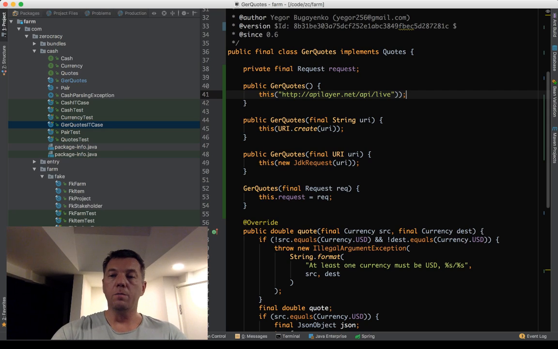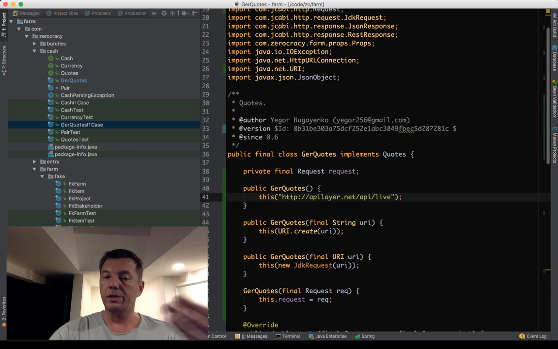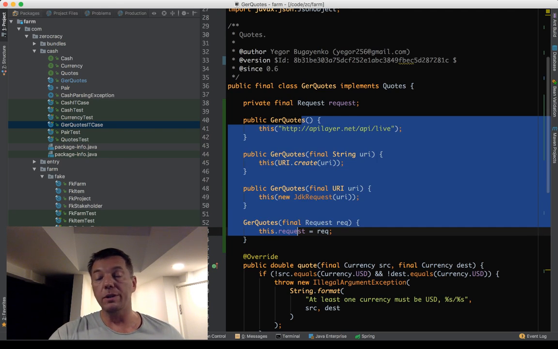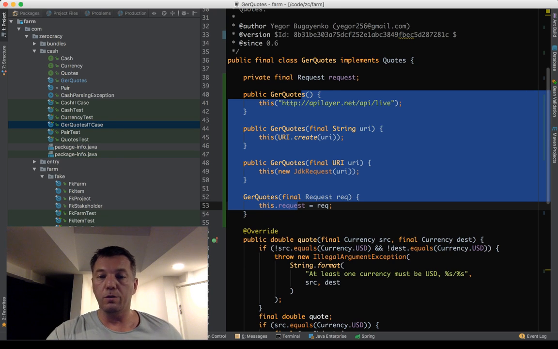You see how many more constructors we have? 1, 2, 3, 4. Just one method. Still the same method, but I'm adding constructors to make the life of my users easier. The more constructors I have, the better. Because that means flexibility, that means usability, and that means composability, of course.